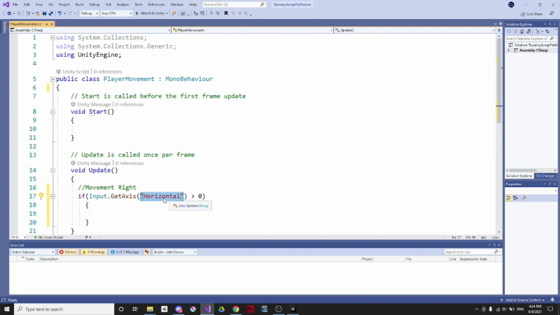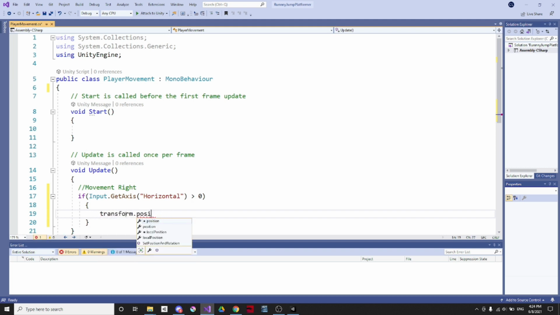On a gamepad, left and right on the D-pad, and left and right on the analog. So if you hook up a D-pad to this after this lesson, you can actually use your PlayStation controller or your Xbox controller to control your character as well as your keyboard. And if it's greater than 0, so remember I said it's on a scale of -1 to 1, the positive button is right, so that's D, right arrow, it's going to put it at 1. A and left arrow is going to put it at -1. So we're saying if it's greater than 0, so if it's a positive number, which means we're facing right, we're going to say